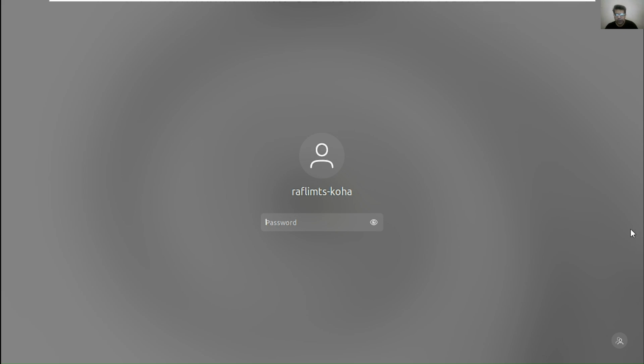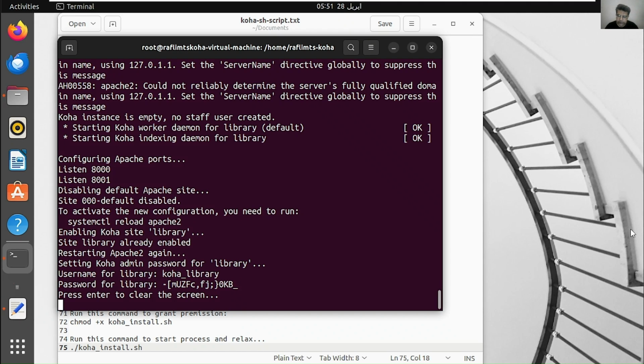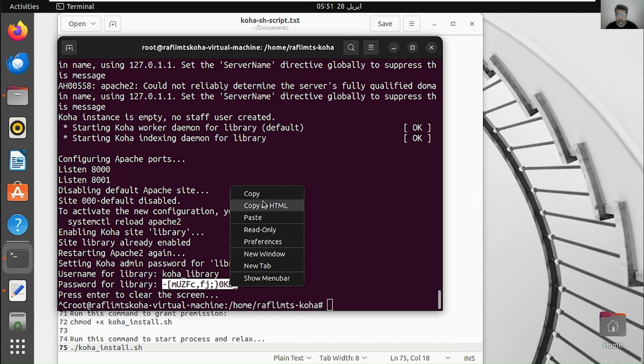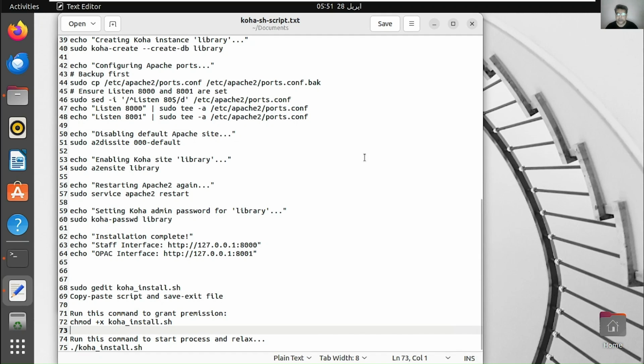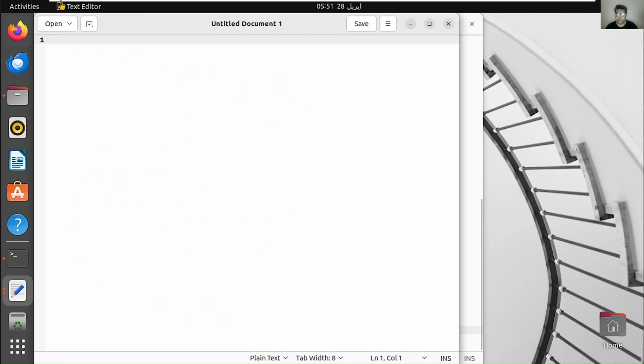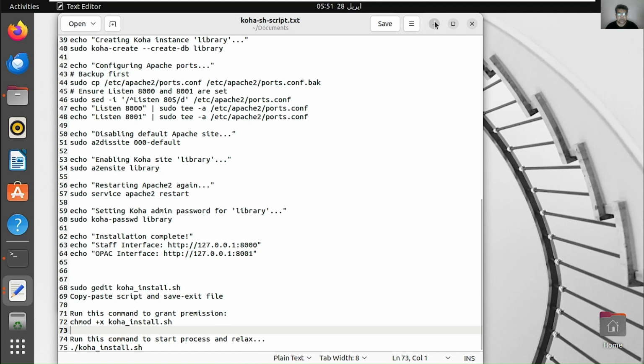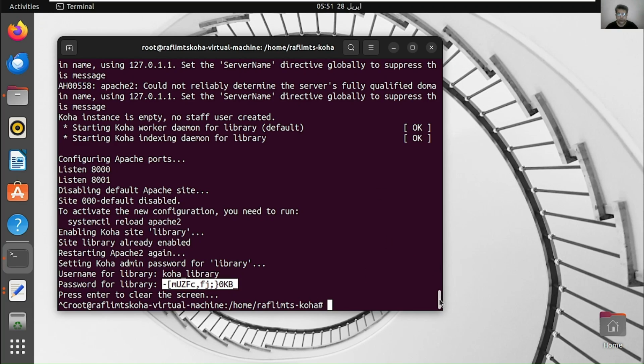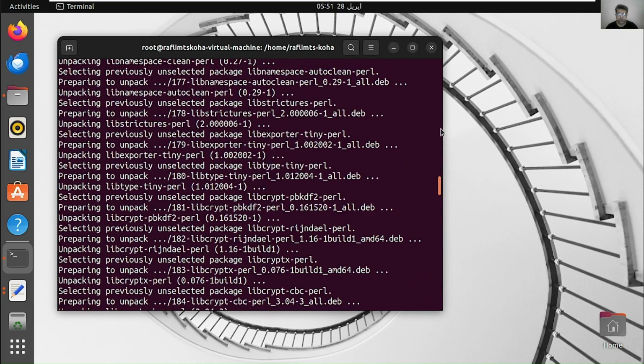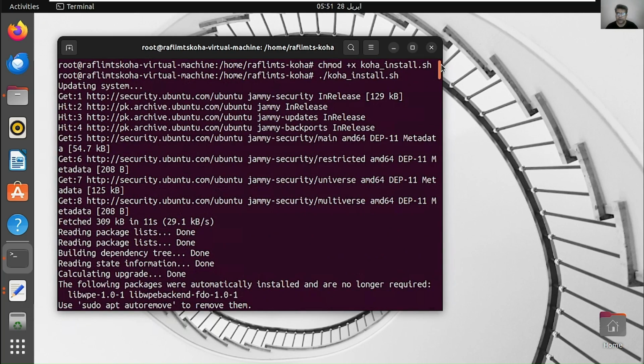Okay, now let's see what happened. Let me log in here, and it has been done successfully. You can see here's the password, and we can copy this and paste it here. Then you can see the whole process. It takes a long time, almost 1 hour or maybe more. So here we have installed.